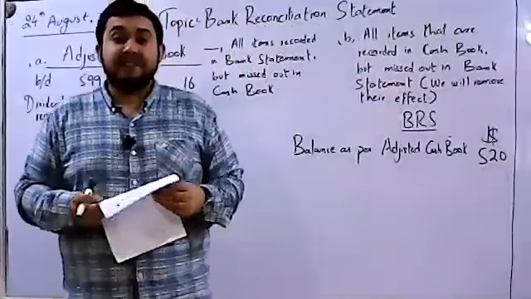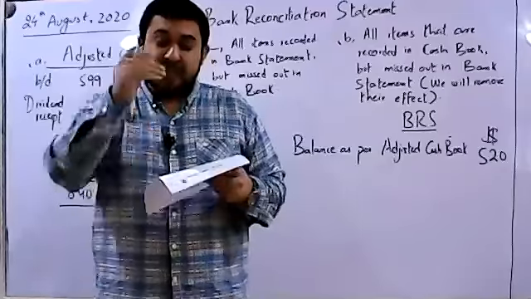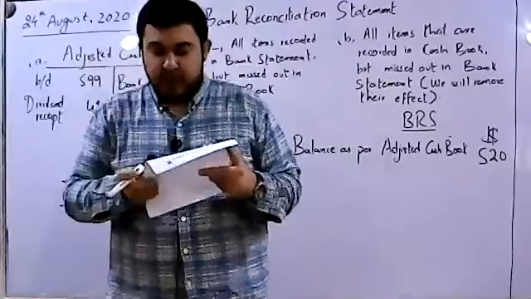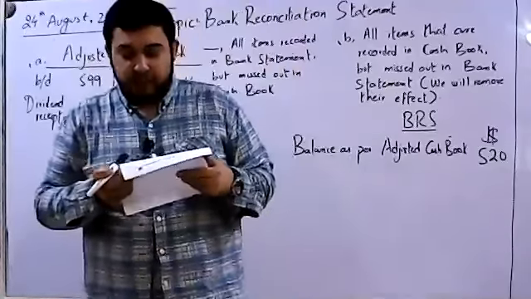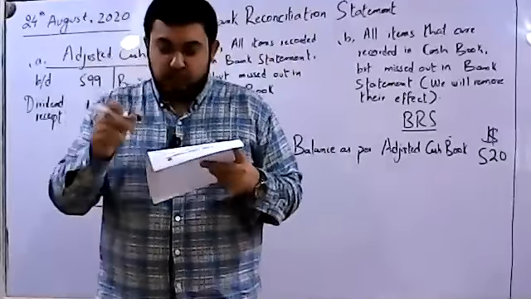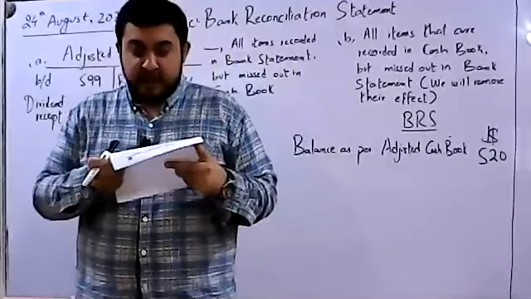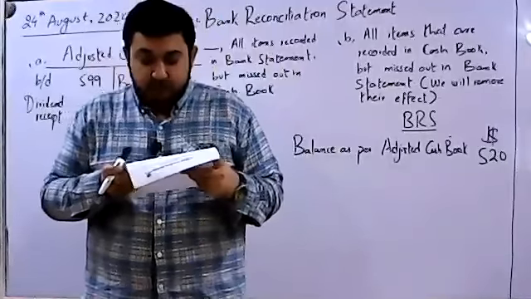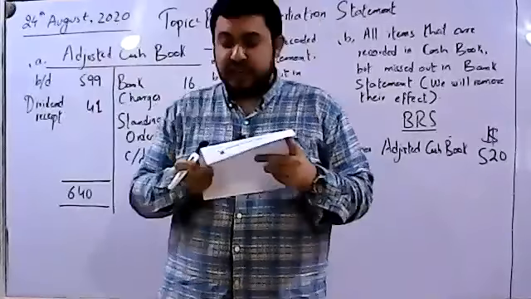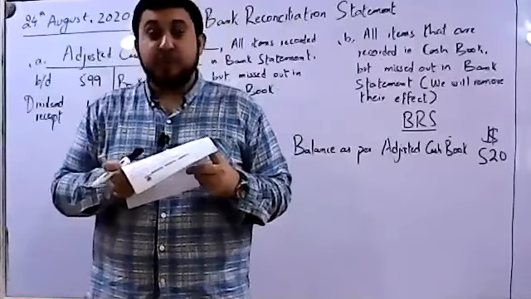Okay. Again, it's time for comparison. This time we are going to compare the cash book with the bank statement, vice versa sides. Let's start with the credit side of the cash book. We'll ignore the balance 614, starting with standing 88 in the cash book. Do we have it in the bank statement? Yes, we do. 88 is there. 640. Is 640 there? Yes, it is there. 59. Is 59 over there? 59 is not over there. 94 is over there. So there is only one amount, that is 59, a check that is paid to Zen.